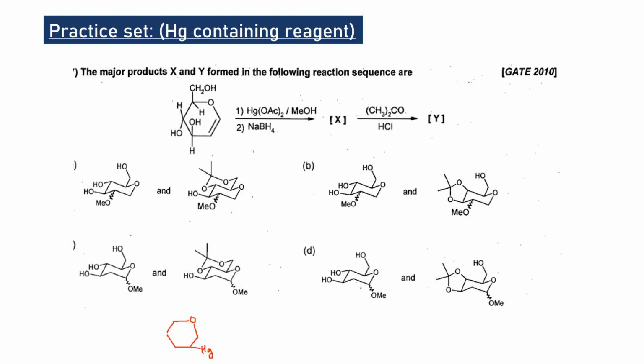The next step, as instead of water they have given methanol, methanol will attack. Now the question is, will methanol attack here or here? Both carbons contain the same number of hydrogens, so the count of hydrogen will not make a difference. So you have to consider the stability of the carbocation. If you open up this one, there will be generation of a carbocation here which gets stabilized by the Flassard effect of the adjacent oxygen atom. Because of that, this methanol will attack at this place, forming